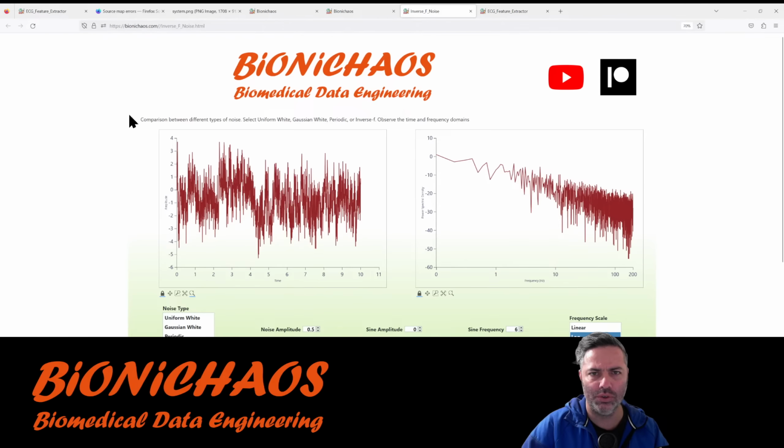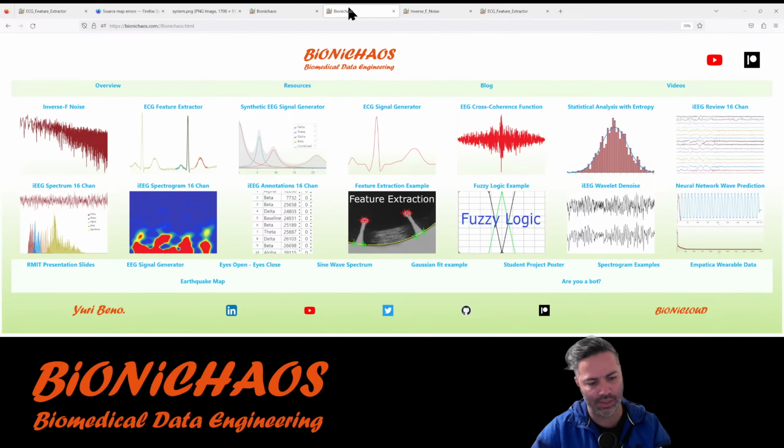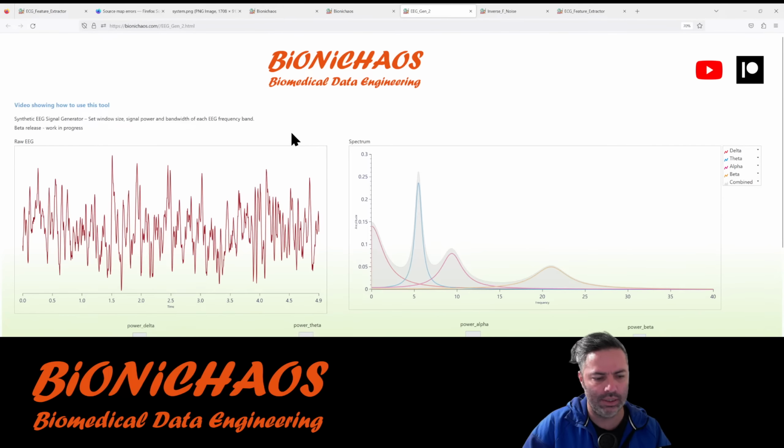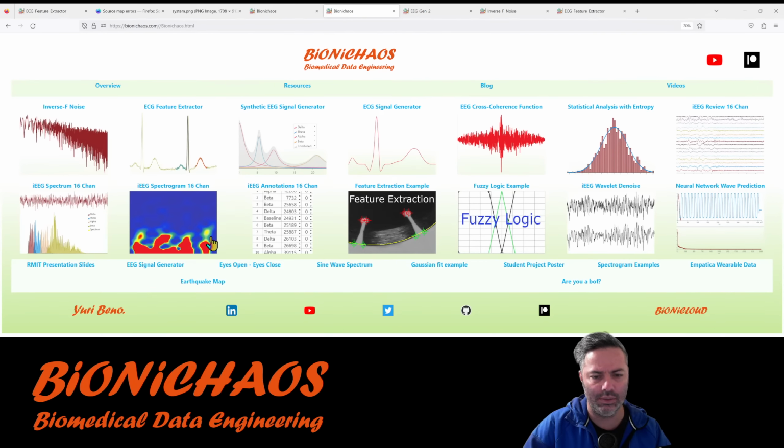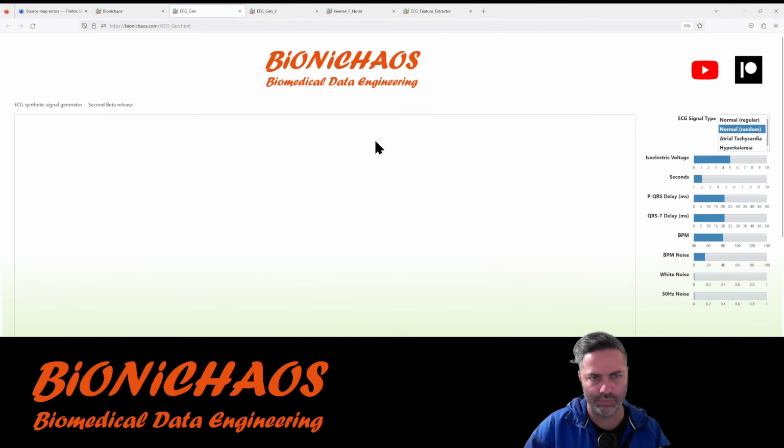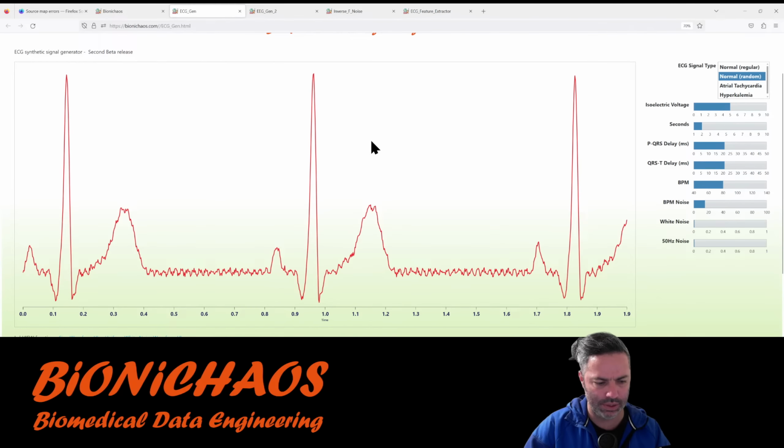Currently it's also opening every new tool in a new tab, or at least works okay in Firefox, so that the landing page, the home page, still remains open in one of the tabs.